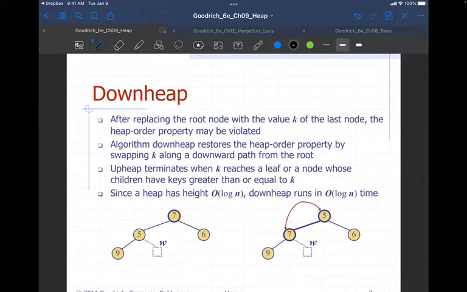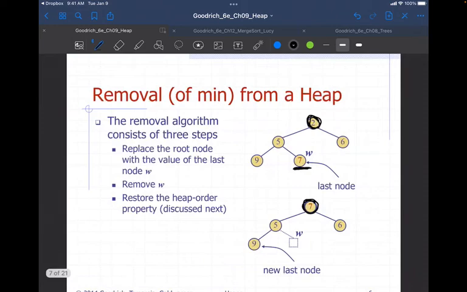So, would you randomly choose to go left or right? I would say you would just choose one to check first. Let's say you always check left first, then if you're greater than the thing on your left, then you just swap with the thing on your left. If you were less than the thing on your left, then you check the thing on your right. If you're greater than that, then you need to go down. If not, then you're in the right place already, because none of your children violate